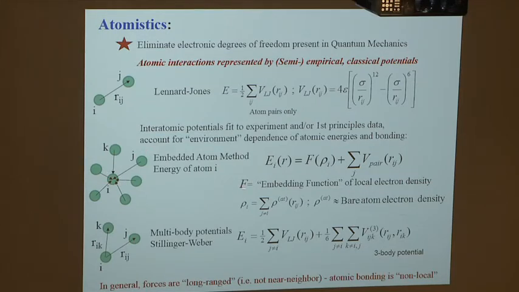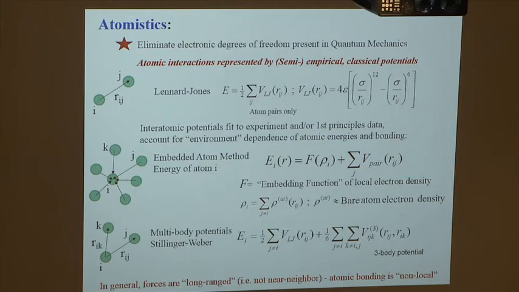And this is called an embedding function that depends on the local electron density that all the other ones add in. These are called embedded atom methods. These are very good for metals generally, and deal with the fact that ultimately it is quantum mechanics, and this has some vestige of quantum mechanics in it, but it also makes the problem non-local. That is, the interaction energy of this atom depends on all the ones around it in a complex way,